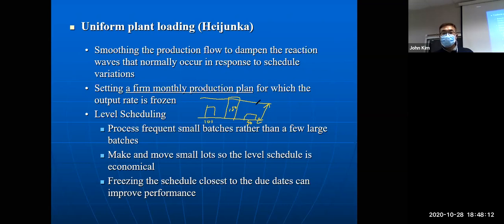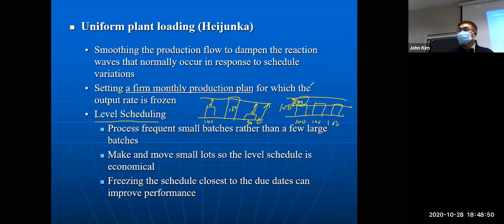So this is waste, and this is waste. So using level scheduling, from a monthly production plan, level like 100, 100, 100. And then this company needs only 100 capacity like this. Technically. So this company can reduce the unnecessary 50. Technically,